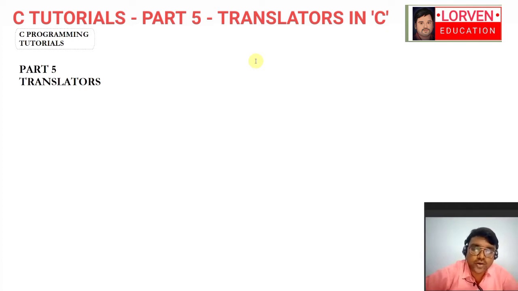So in the previous class we have seen the application areas of C programming language. Now we are slowly stepping towards the C programming language. Before going into the depth of C, you have to understand that we need a translator in order to make the user written C programming English code understandable by the computer, and the computer's machine code in return should be understandable by the user. So now we will be talking about the concept called translators.